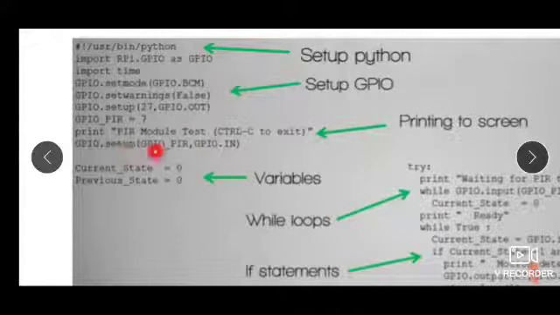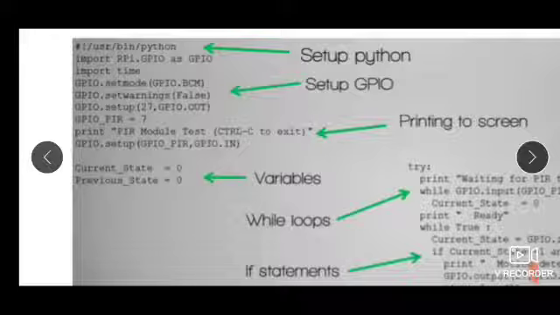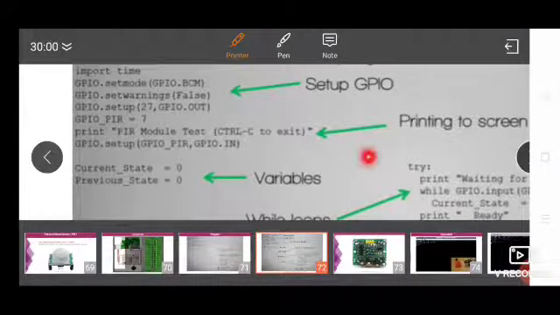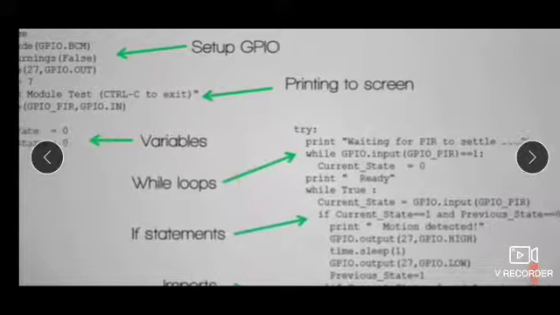Then the setup, that is, pin number 7 is made an input pin. Motion needs to be detected, right? So it is made an input pin. Then we have two more variables, current state and previous state, which are set to 0. Why we need current state and previous state is, current state means if motion is detected now, then the current state is changed, but the previous state we also have to keep track of. So we will see how it is made use of in the program.